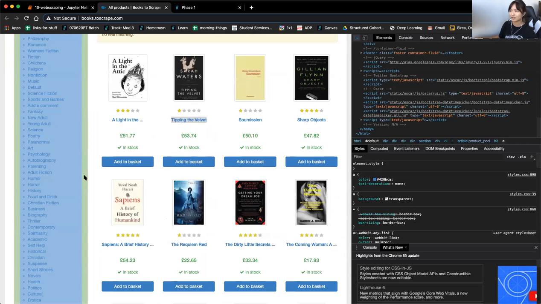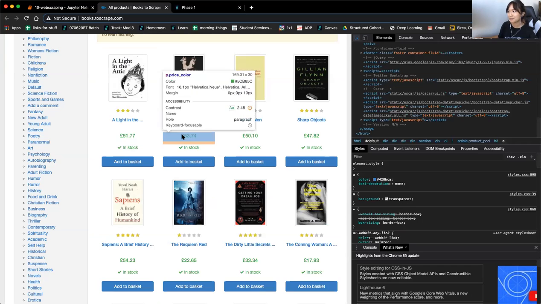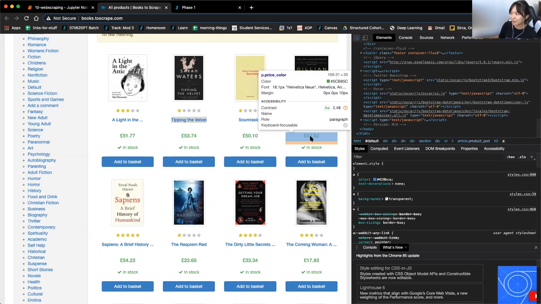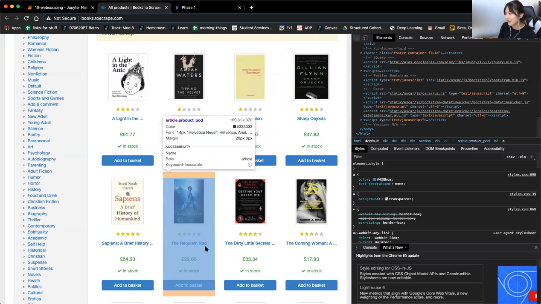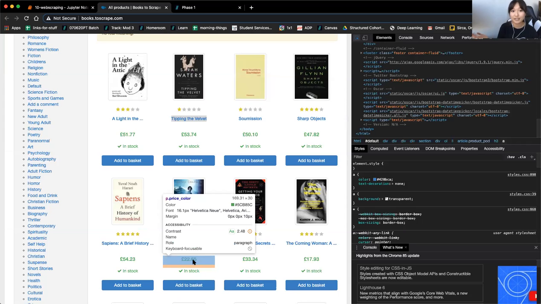Let's say after the titles, we're scraping prices. As an example, if a book is not in stock, the price doesn't show up. And when the price doesn't show up, Beautiful Soup won't return you an error, but will just return you an empty